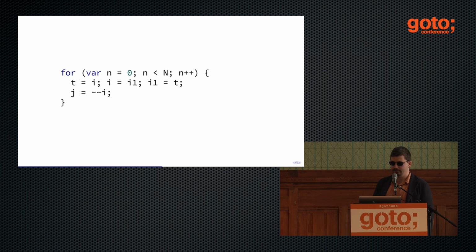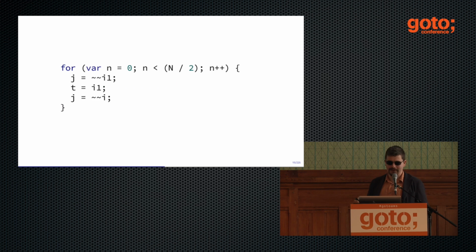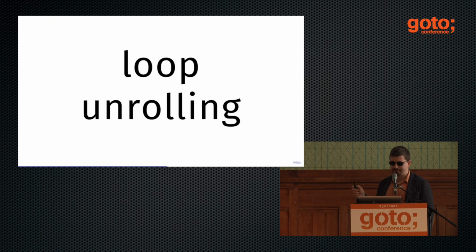Because what compilers can do is take this loop and say, hey, what if I do half as many iterations, but I repeat the body inside twice? Some compilers, C++ compilers, do that all the time to small loops. And what happens now is that you swap, and then you swap again. And that's as if you never swapped anything. So the values again become loop invariant for this loop. And because they're loop invariant, you end up with some dead code and some invariant code, and again, not measuring anything. So this optimization is called loop unrolling.